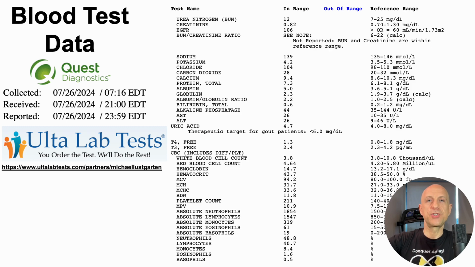All right, on to page 2. So additional highlights, eGFR, which is a measure of kidney function. In this case, it's derived from creatinine levels, eGFR at 106. So that's 20 years younger than expected based on my chronological age.